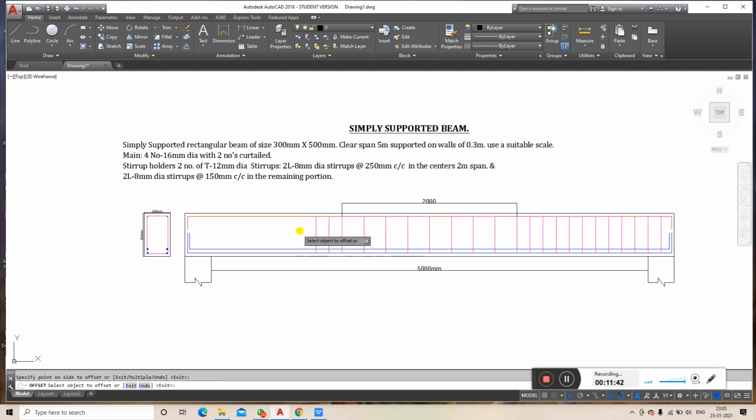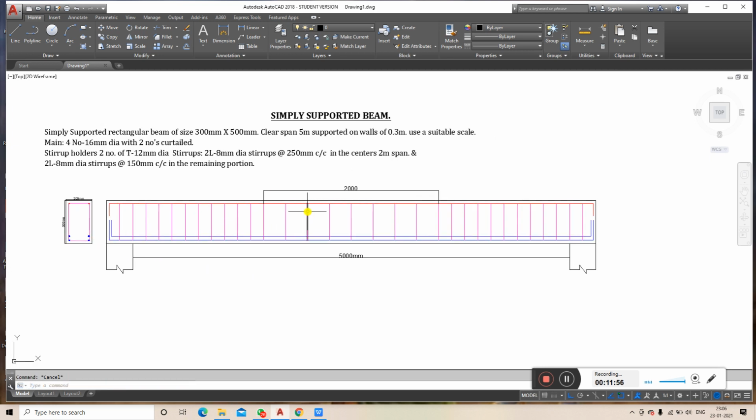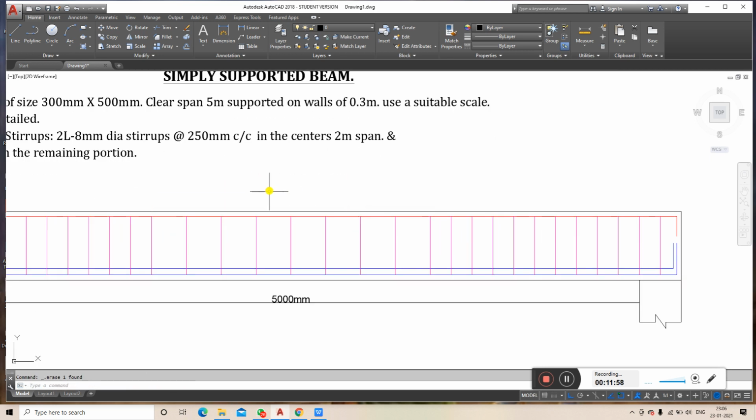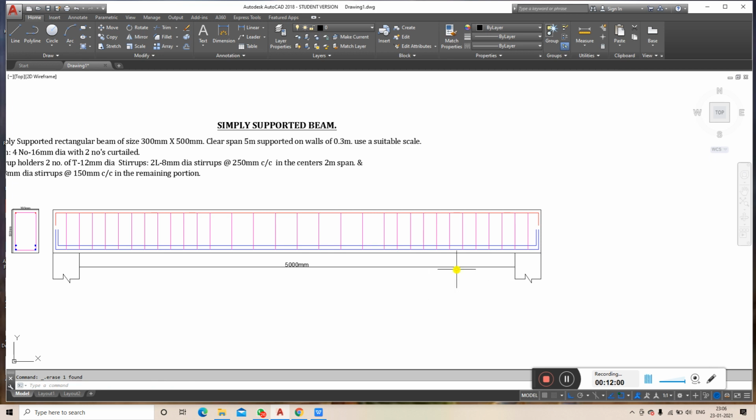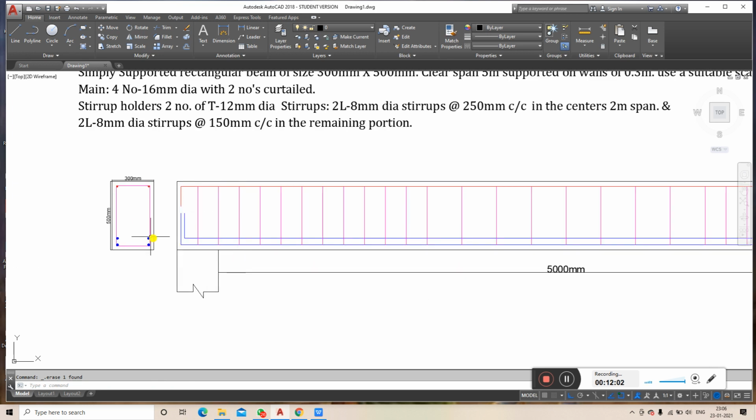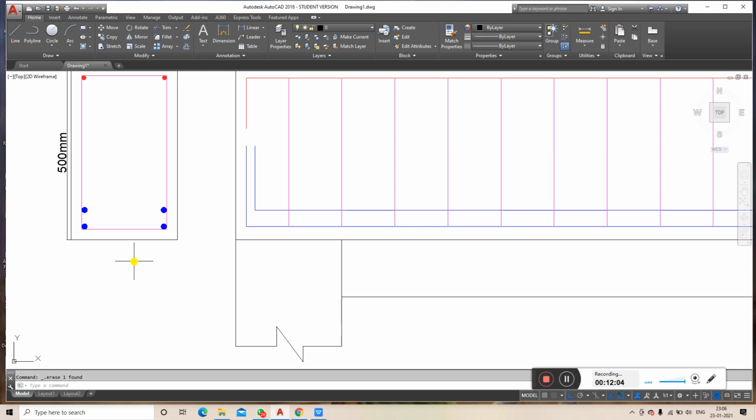That means the support portion is to be provided with a spacing of 150 mm. Once it is completed, that means the remaining portion. In this way we'll be providing the reinforcement detailing for a simply supported beam.